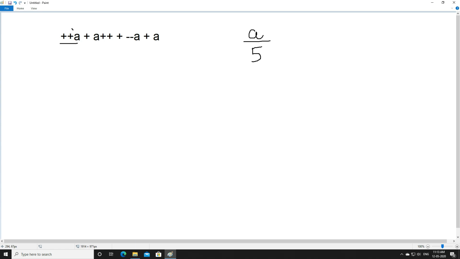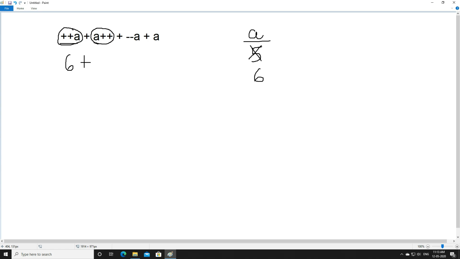Now because of ++a, the value of a will increase from 5 to 6, and then we can use 6 here, right? After that there is a plus sign, and here we have a++. What is a++?